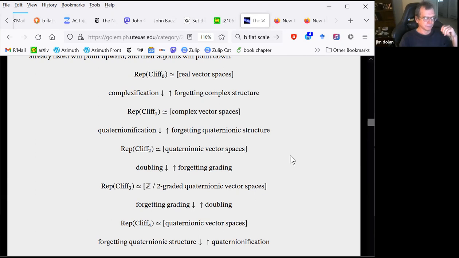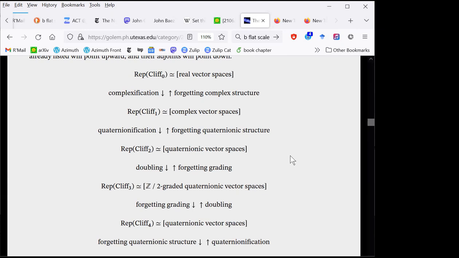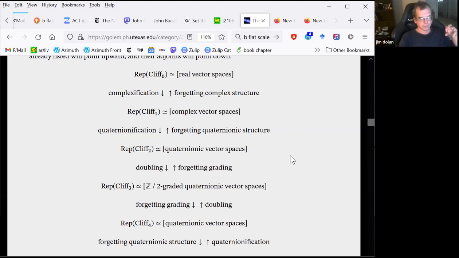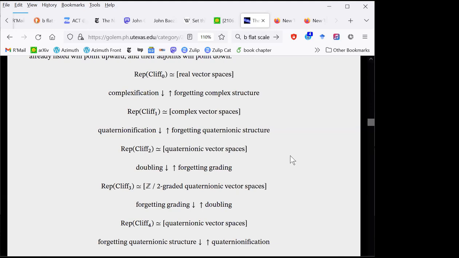So the kind of thing that's bugging me that I was having trouble getting a handle on is, I'll just do an example. If you've got a real vector space, it has this space of complex structures on it. Or even, you would just worry about the set of complex structures on it. So somehow that set emerges out of the groupoid of complex vector spaces sitting over the groupoid of real vector spaces. I mean, that's all there, and maybe some topological enrichment or something there. But how do you say what's going on there?